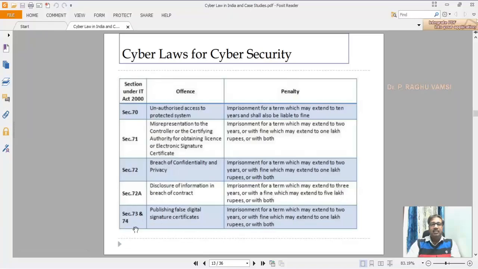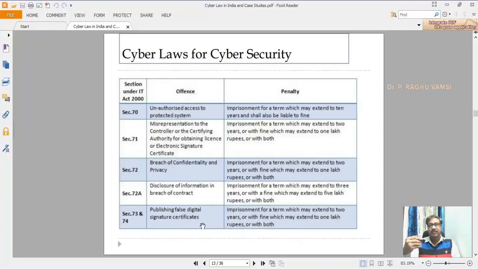Section 73 and 74, publishing false digital signature certificates. This is a very serious crime, because nowadays for any kind of signature, especially for verification and for non-repudiation activity, the government agencies issue a digital certificate. So if a hacker is trying to publish a false digital certificate and is caught, he will be booked under section 73 and 74 as publishing false digital